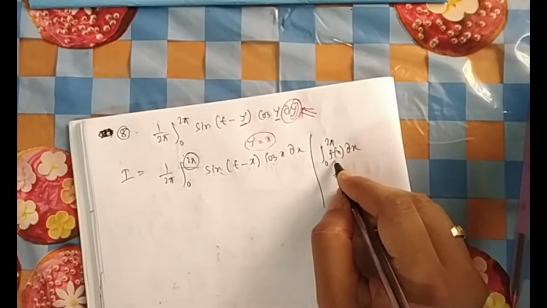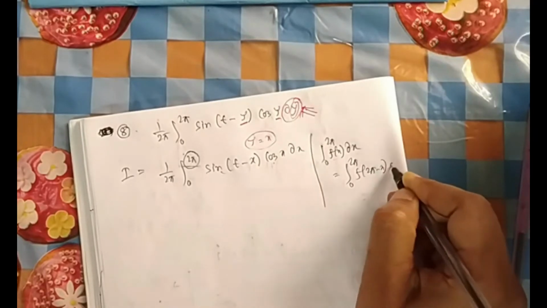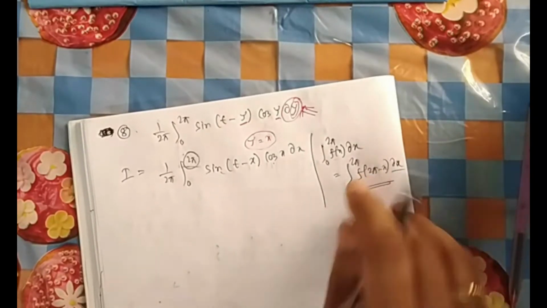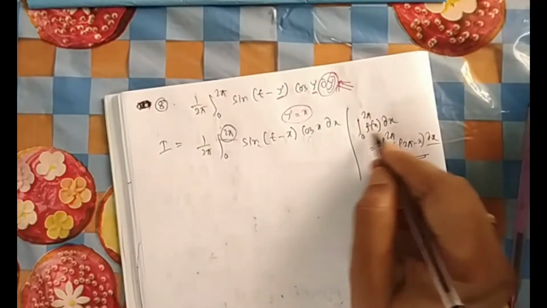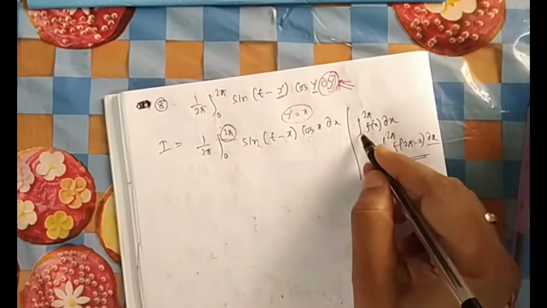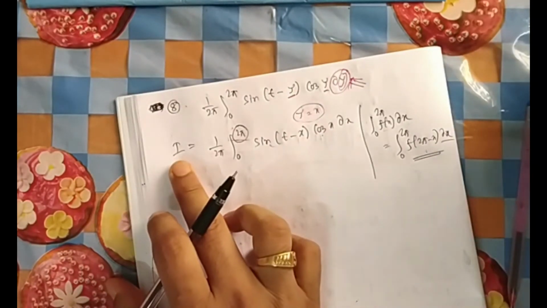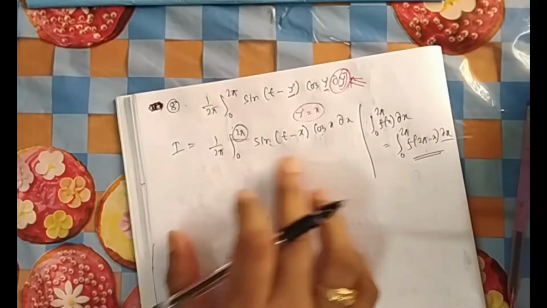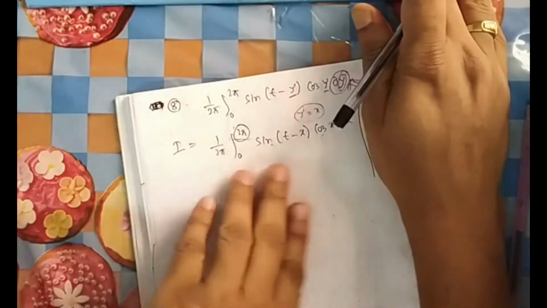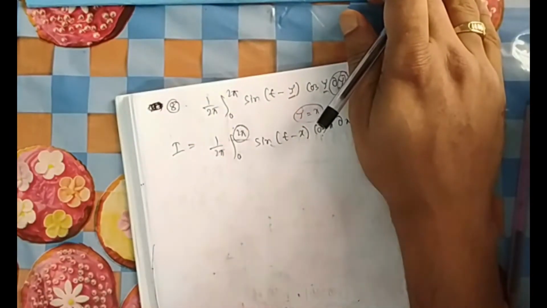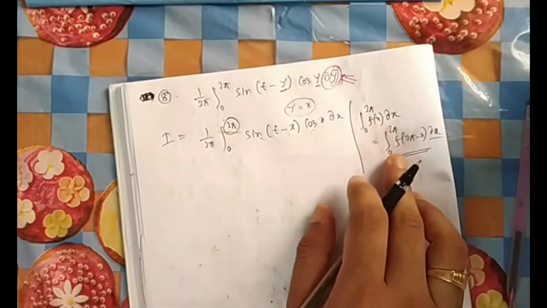0 to 2 pi f(x) dx is equal to 0 to 2 pi f(2 pi minus x) dx. So this is tempting. Students used to do this in higher secondary classes, 11 and 12, and then if they take I is equal to this, and then do this, they get something else. So 2I equal to this minus that, so you get 0. So I is equal to 0. Initially you can think the answer is 0, but the answer is not 0. If I apply this property, you don't need to remember it, you can solve this question directly also. That will give you the same answer, but you can apply this one also. So better know some properties of definite integral.